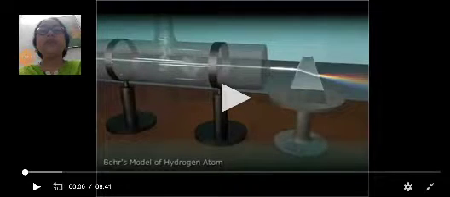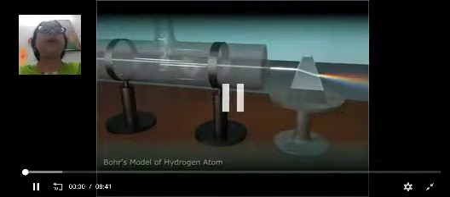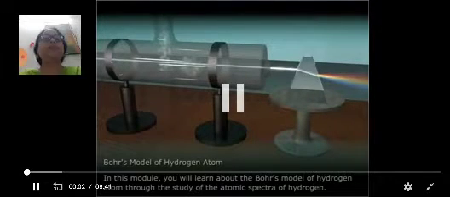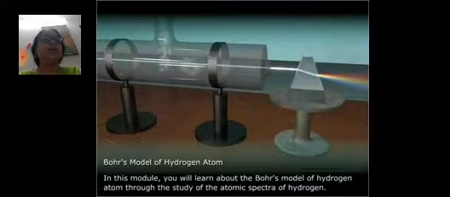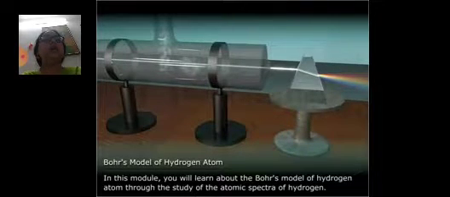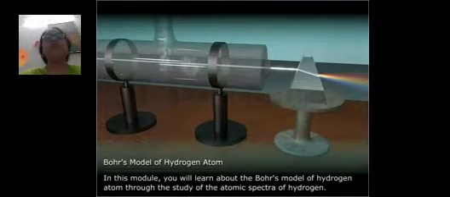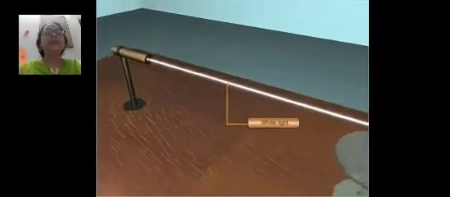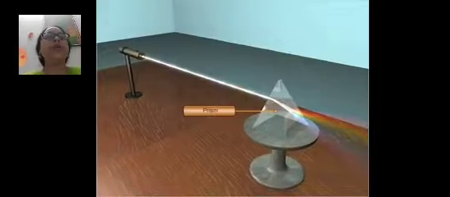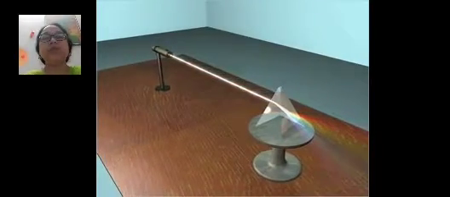Good morning, everybody. So today's topic is Bohr's model of hydrogen atom. In this module, you will learn about the Bohr's model of hydrogen atom through the study of atomic spectra of hydrogen. When white light passes through a prism, it bends and spreads out into a series of color bands called